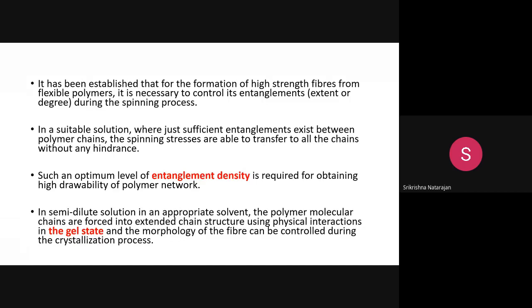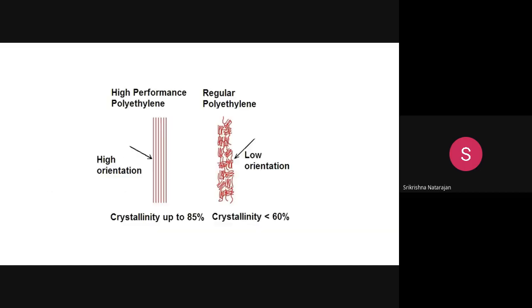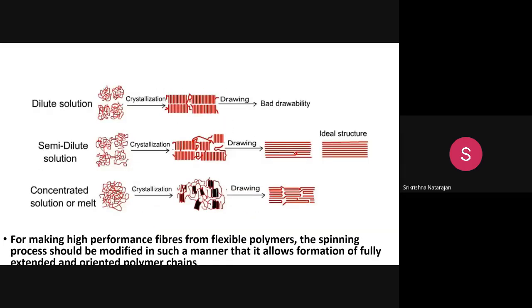There also you will get the fiber formation, and once after the fiber formation, you will have some chain folds, something like this, some folded structure. And once you do the drawing and extend this, whatever folds are there will lead to an ideal structure like this. It will lead to a uniaxial extended structure with very few defects. Okay, so you will get a very high orientation.